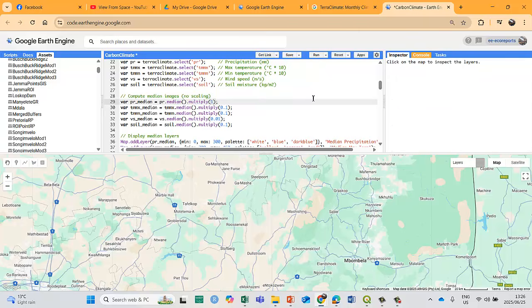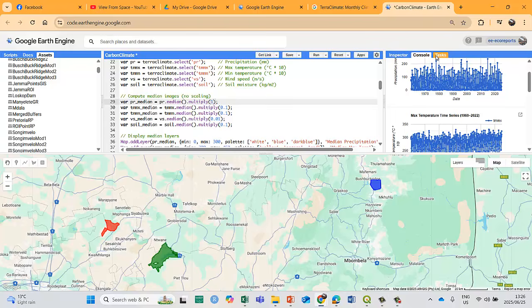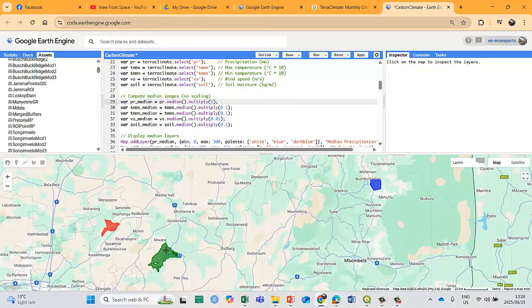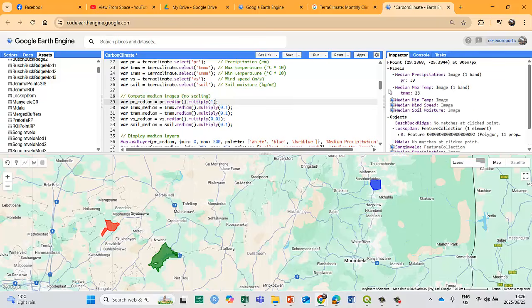If I run it now, then these values should be cool beans. Okay, our time series is still unscaled, but if I click now in the inspector, all of these values will be in the right format.